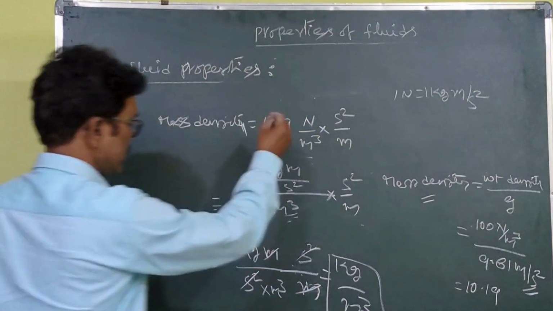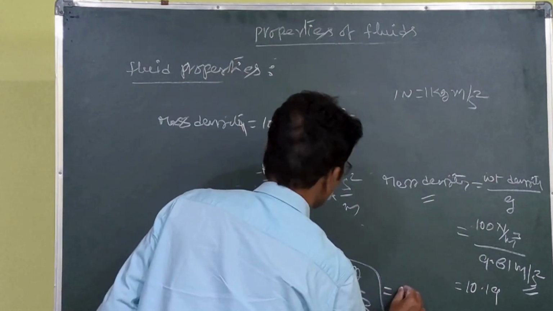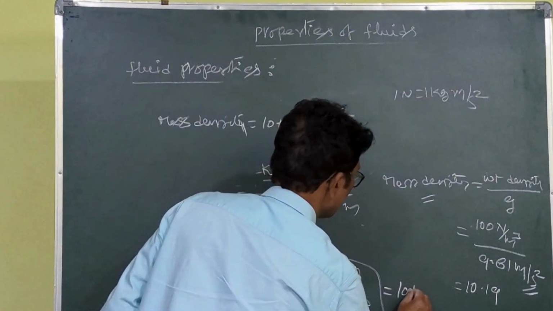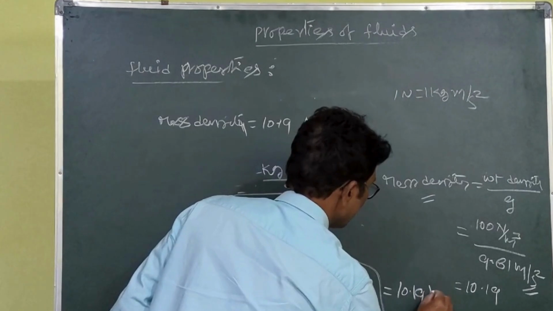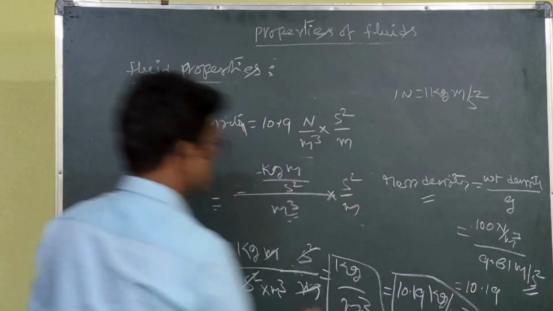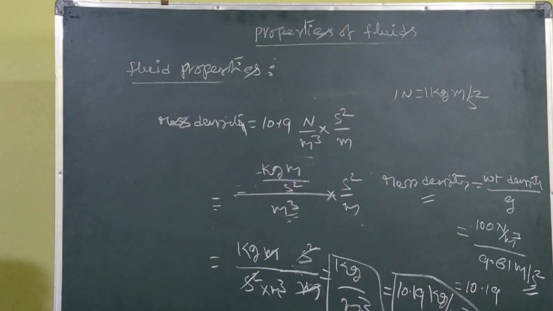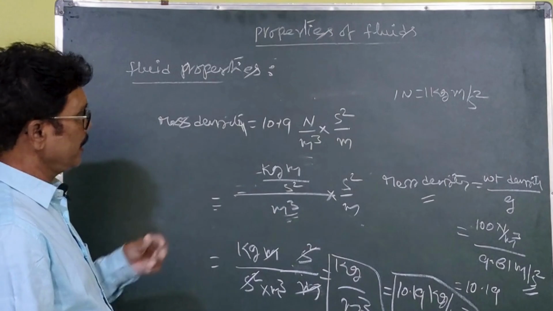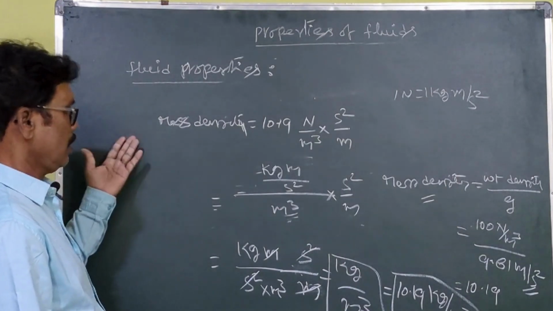So this mass density is equal to 10.19 kg per meter cube. That is the final answer. Like this, you have to convert the units. So we can understand here in weight density, suppose they will ask, of course,